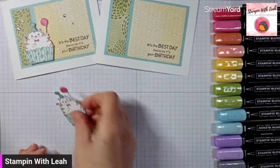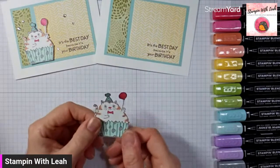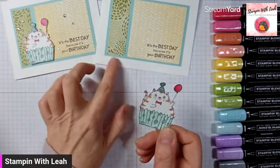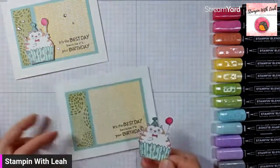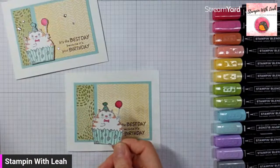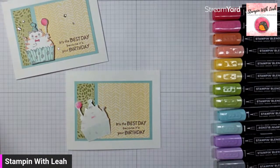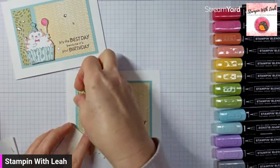Awesome. The cardstock that I'm using currently is just regular cardstock. I tend to use just the thick for my card bases, and then regular for everything else. All right, so now that we have him fussy cut, the hard part's done, we're going to grab some mini